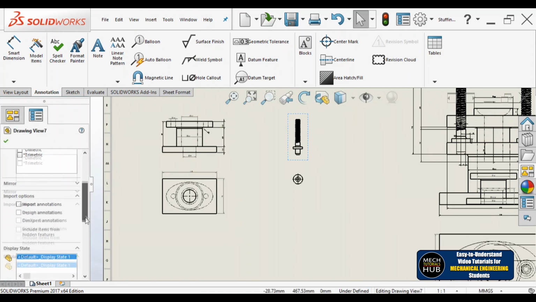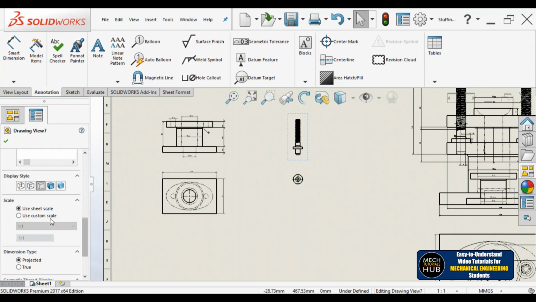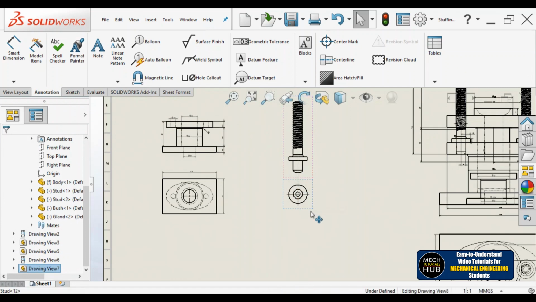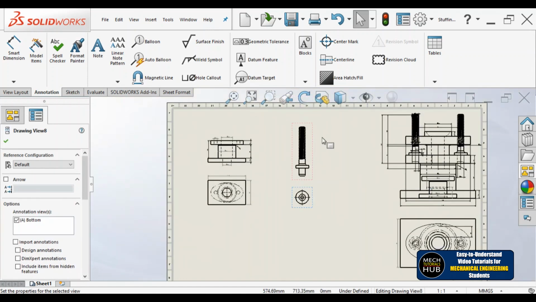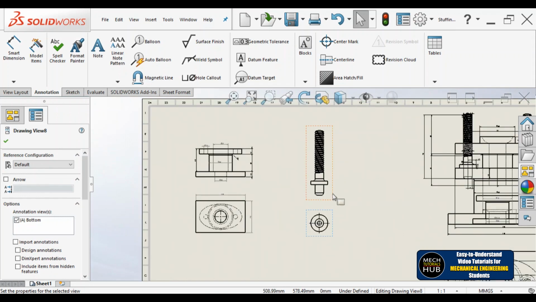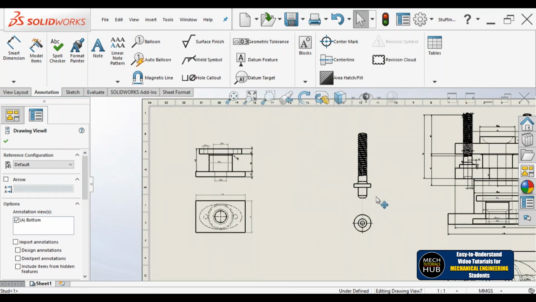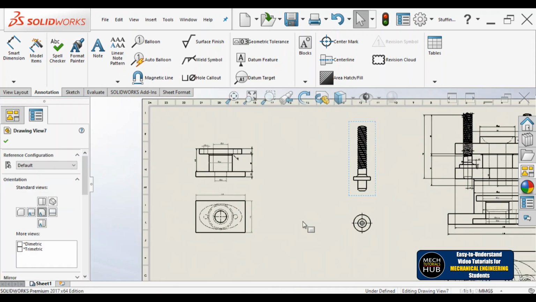And let me select and increase the size this time, because we have enough space in this particular sheet of A0, so we can move it. Yeah, done, got it, fine. Let me move somewhat to the right.